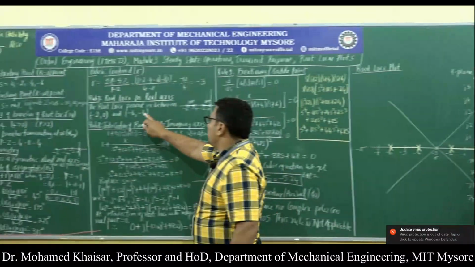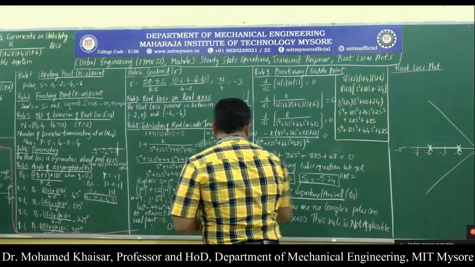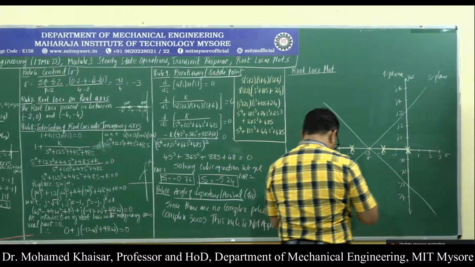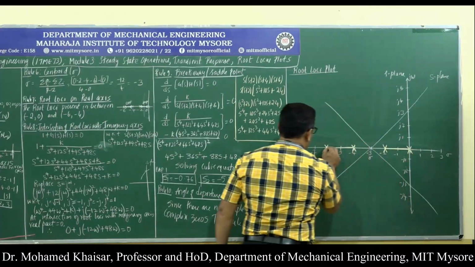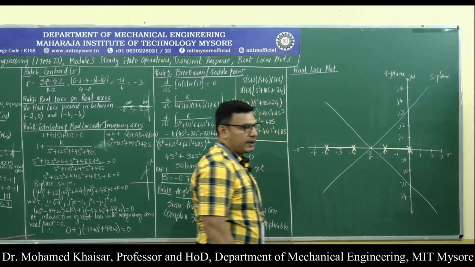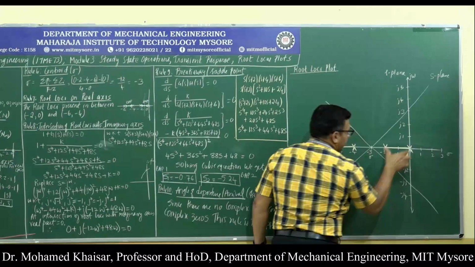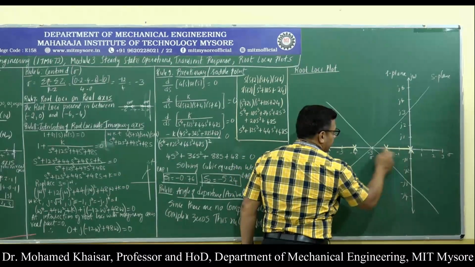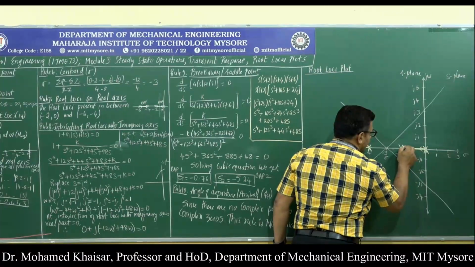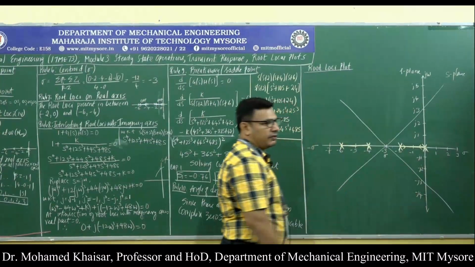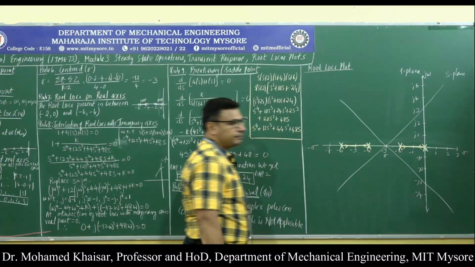Then root loci is present between minus 2 and 0, and between minus 6 and minus 4. And we note that when this is the segment in which the root locus is present and these two are the poles, obviously they are the starting points, so the arrows have to be leaving these poles towards each other.